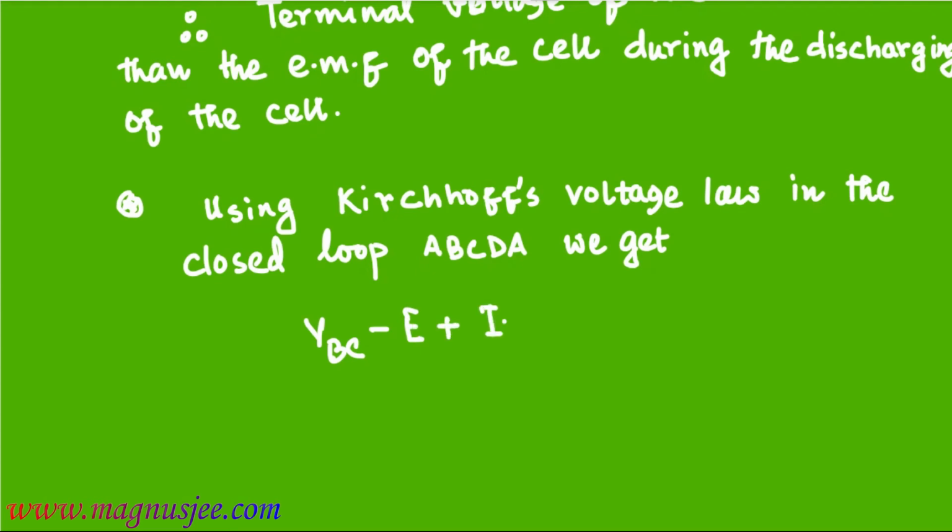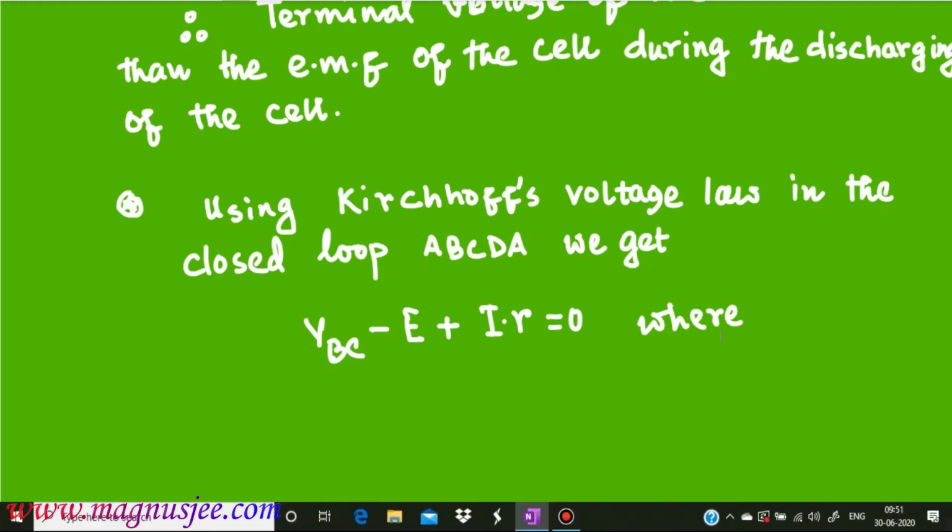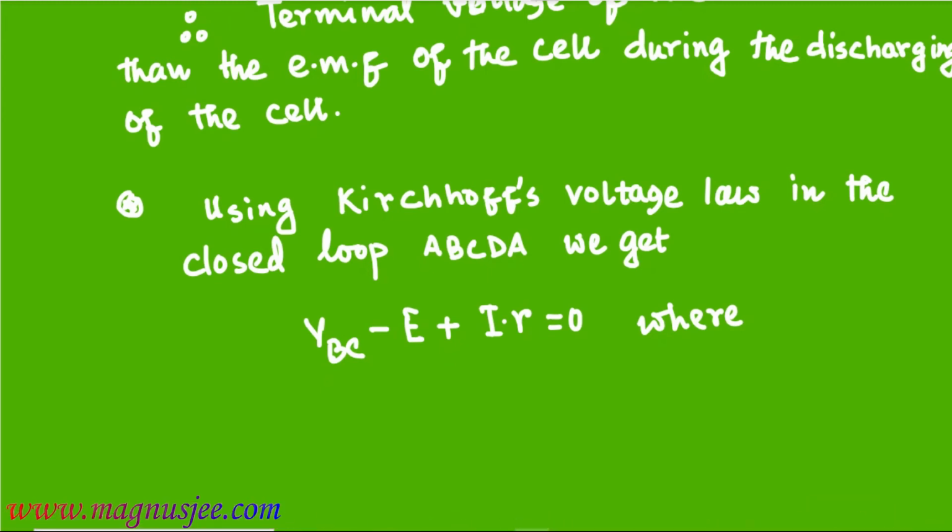VBC minus E plus I dot r equals 0, where VBC equal V is the potential